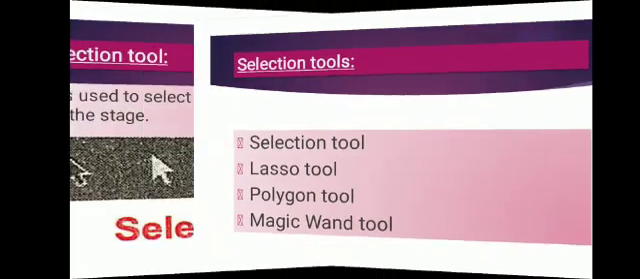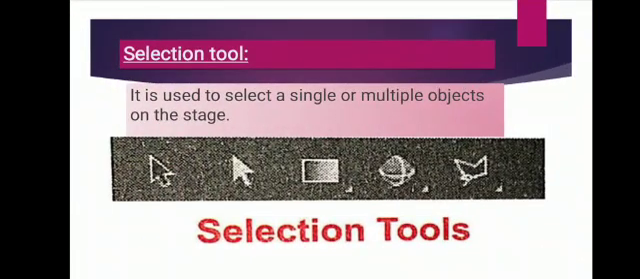Next is selection tool. It is used for making selection in Animate, mainly selection tool, lasso tool, polygon tool and magic wand tool. We will discuss here one by one. First is about selection tool. See the icons. First symbol is for selection tool, second is for sub selection tool and last one is for